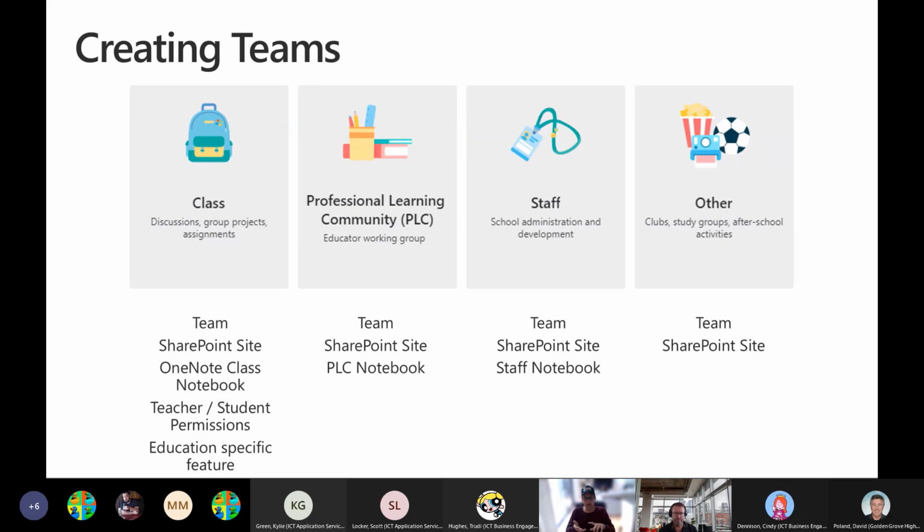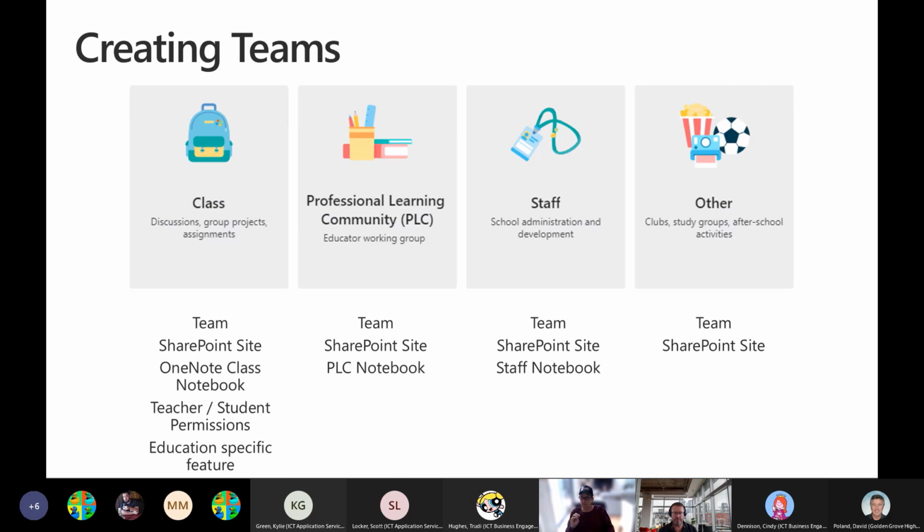We've also got the professional learning community team, which is obviously for teachers and school staff. Again, it's got the team and the relevant SharePoint sites for the channel, but what it also does is create a professional learning community notebook. And so that's for teachers to work together in professional development, professional learning. The other one is the staff team. Again, it creates the team, creates the relevant SharePoint sites for the channels, but it creates a unique kind of notebook, which is called a staff notebook. Very similar to the class notebook, except the terms are different, but the ability to push pages out, to differentiate content, etc., all happening in there, and its integration with